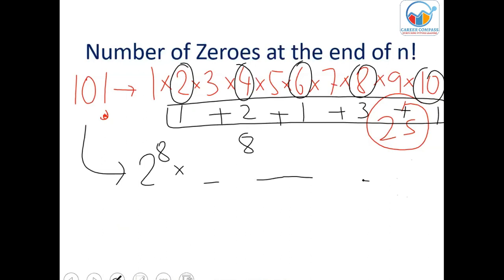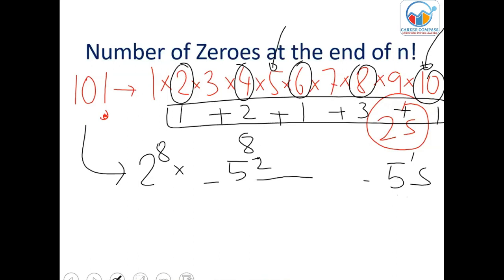That is the fundamental. Similarly, if I want you to count the number of 5's in 10 factorial, the number of 5's is very clearly visible. See, this is 1 5. I have another 5 here, which means I'll have a 5 square in 10 factorial. So if I ask you what is the number of zeros at the end of 10 factorial,